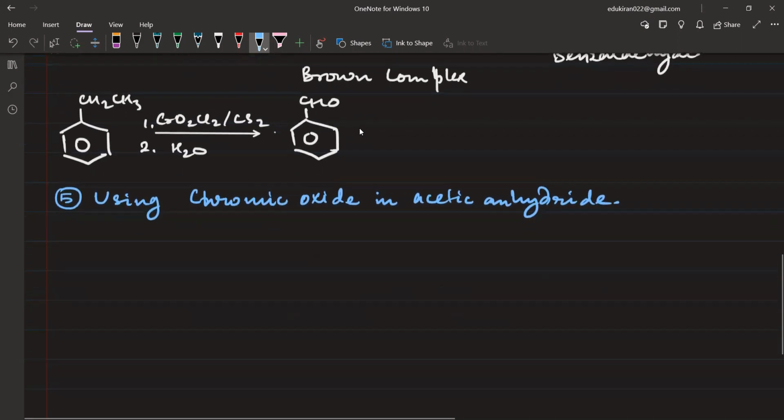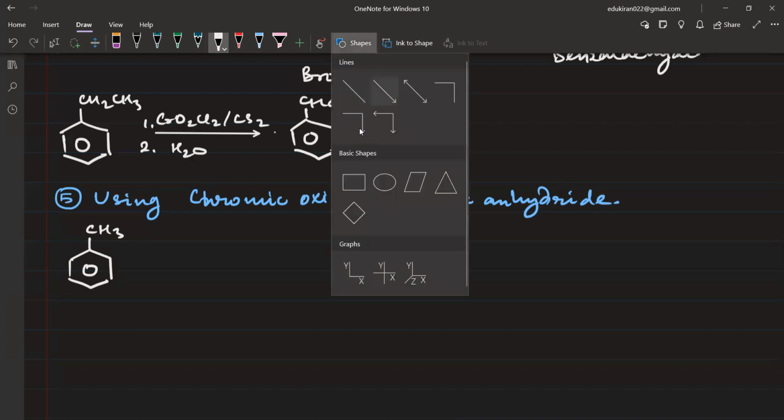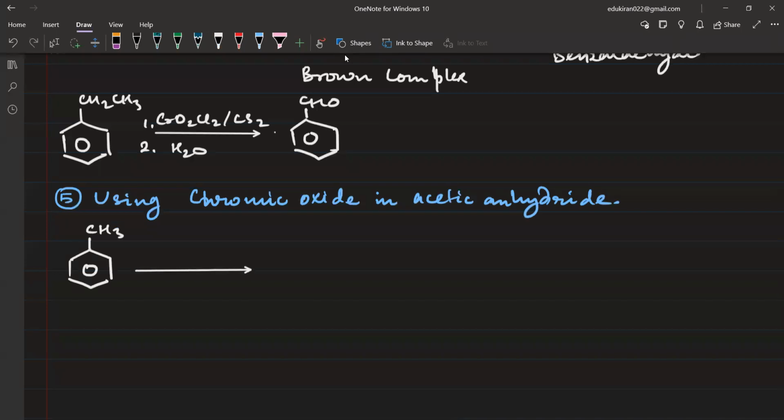Now, please see what happens. In this case, here also you're going to have methyl benzene, CH3. Here we use chromic oxide. Again, a chromium-based oxidizing agent. This is also an oxidizing agent. We have CrO3. Now, this will be somewhere around 0 to 10 degrees Celsius. And acetic anhydride. Acetic anhydride is CH3CO